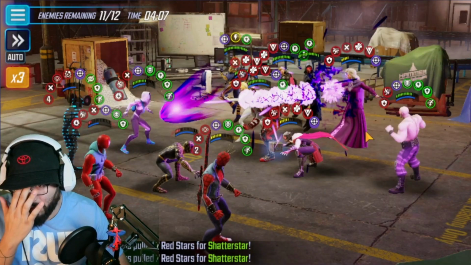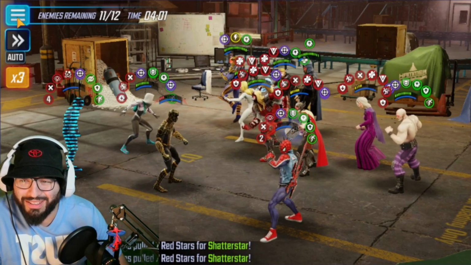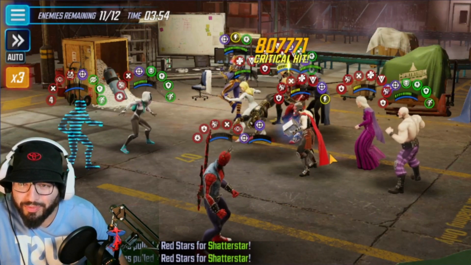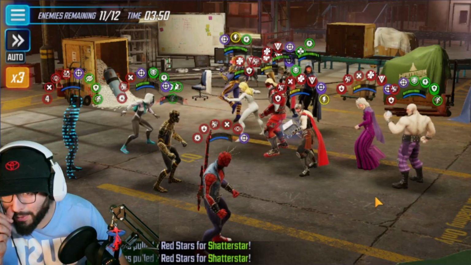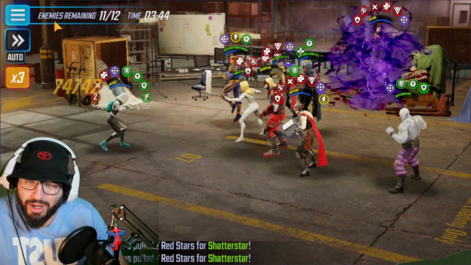They seem to be doing better, but they're really squishy. Oh my goodness, Web Warriors are squishy. Alright, let's ability block Omega Red. Yeah, man, I don't know about Bio. Bio looks like,